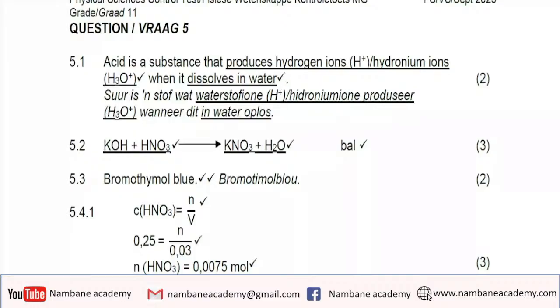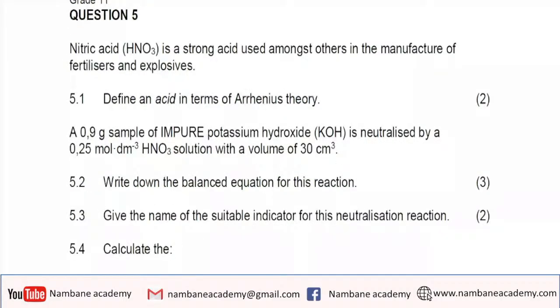5.2. It says a 0.9 gram sample of impure potassium hydroxide is neutralized by a 0.25 mole per dm cubed nitric acid solution with a volume of 30 centimeter cubed. 5.2 therefore asks that learners write down the balanced equation for this reaction. And then the balanced reaction will be